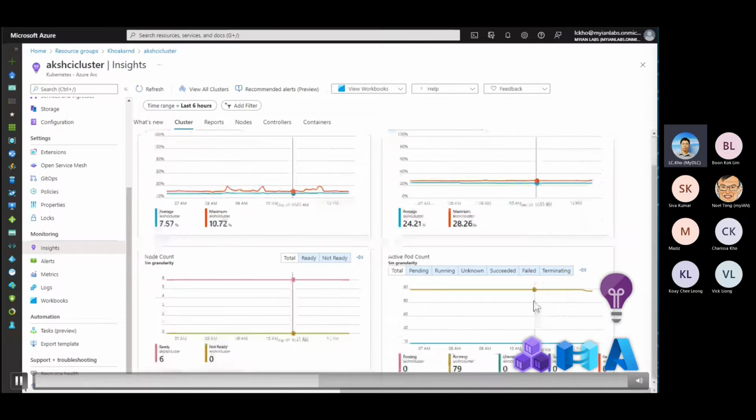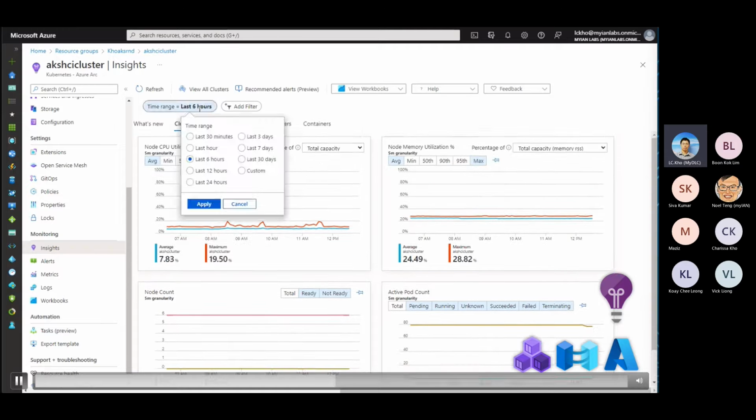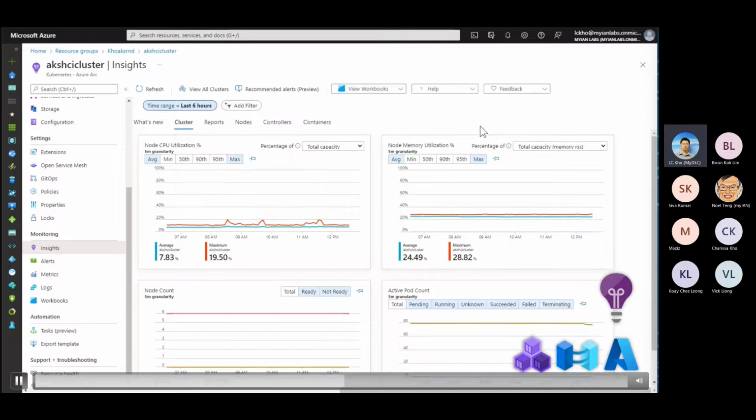On the CPU utilization, the memory utilization, the node count, the active node count over a period of time. How has the node count been created or turned down? Because you can scale up and scale down the control plane and the worker node. What I like the most is I can set a monitoring and view the monitoring for a period of